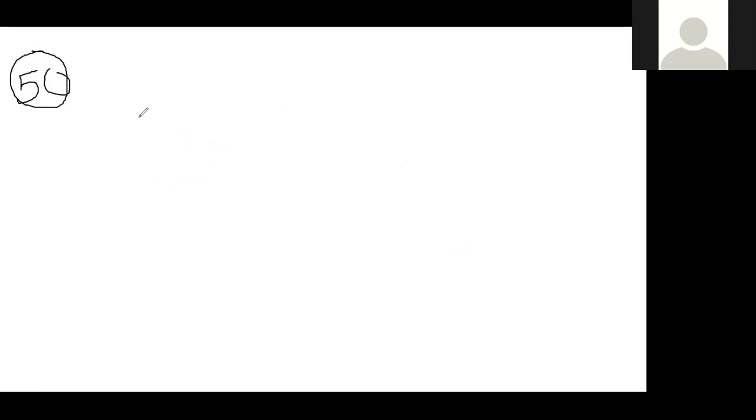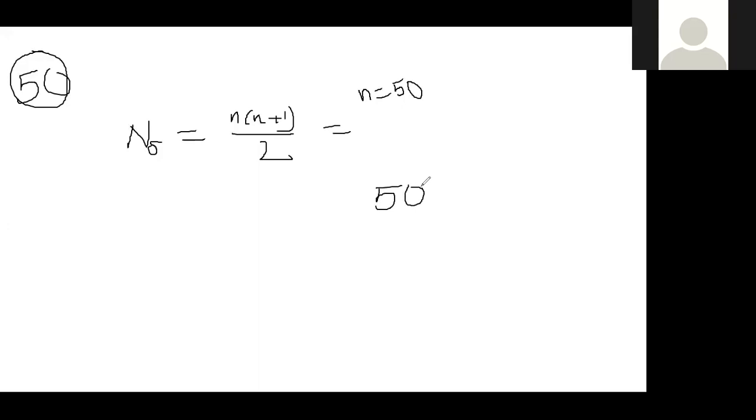The sum of the first 50 natural numbers. I already told you that for finding the sum of natural numbers, the sum is equal to, what is the formula? N into n plus 1 by 2. Yes or no? Then here, the n value is how many numbers? 50. Your n value is 50. Consider n is equal to 50. Then here it is 50 into 50 plus 1, which is 51, by 2.